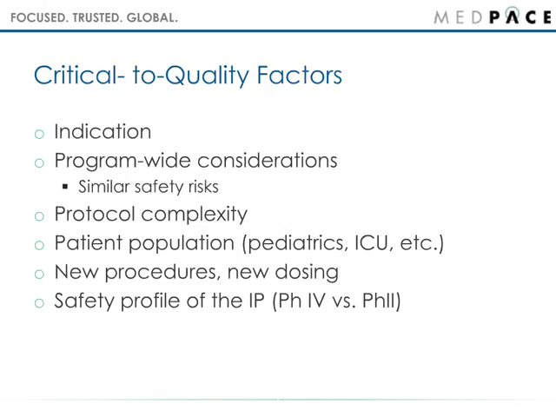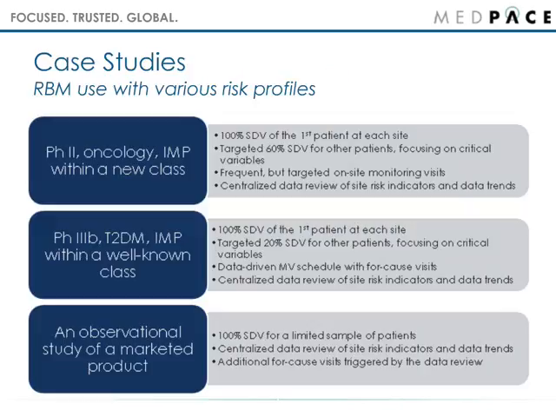A couple of case studies. Here we have a phase 2 oncology study where the investigational product is with a new class about which very little is known from a broad safety profile. So for such a study, we would approach this with 100% source data verification of the first patient